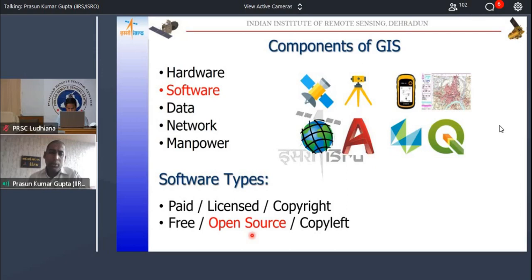These are licenses which allow you to do things. Whereas a copyrighted software doesn't allow you to change the software. It just allows you to use it. You purchase it, install it, use it, end of story. Whereas if you use an open source software, you have several freedoms. We will talk about these freedoms in the next few slides. There is a stricter form of open source called copyleft, which allows users to keep it open source throughout its lifetime.